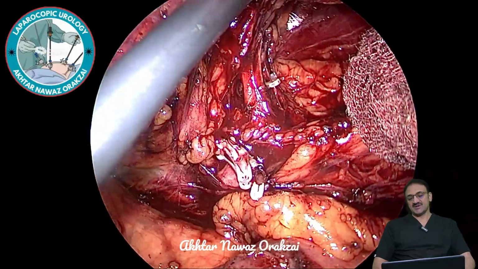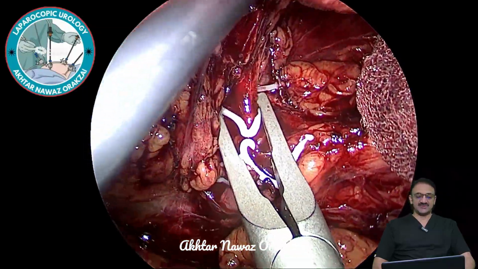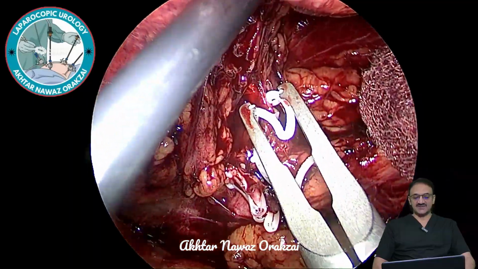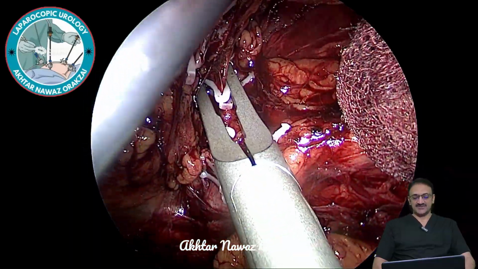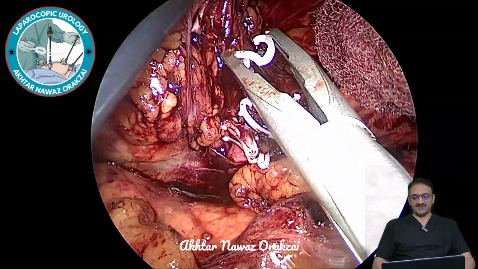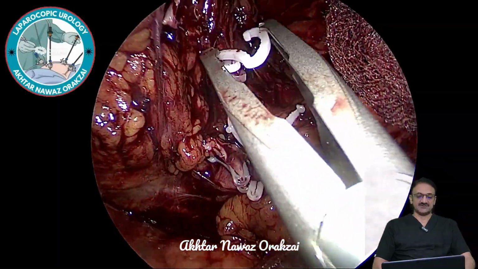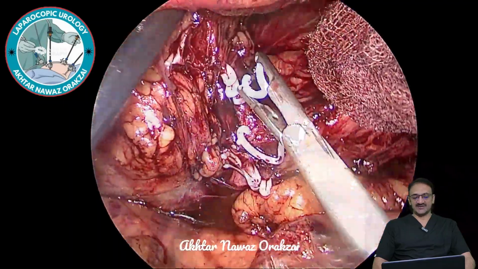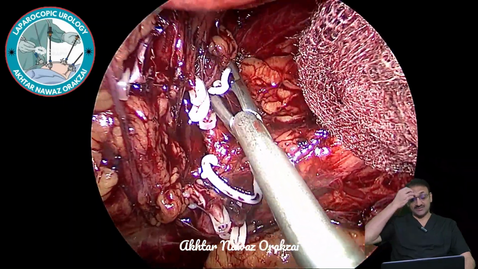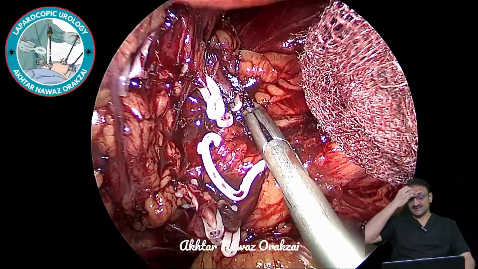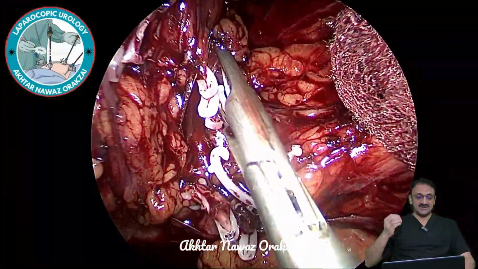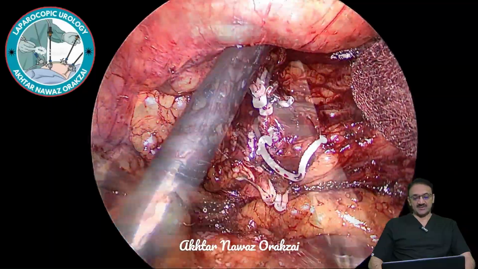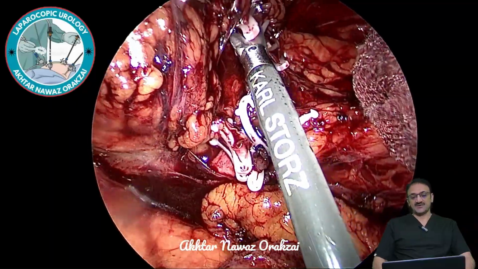So now I quickly clip the other artery as well. You can see a clip which had a malfunction and dropped down. So I had to leave it there until I cope with the artery, and then I would plan to remove it after I'm done with the pedicle. So here you can see that both the arteries are now properly clipped, and now we are going to cut them,